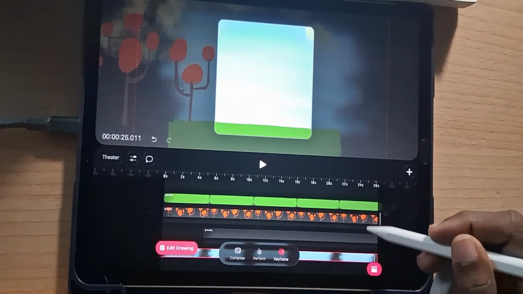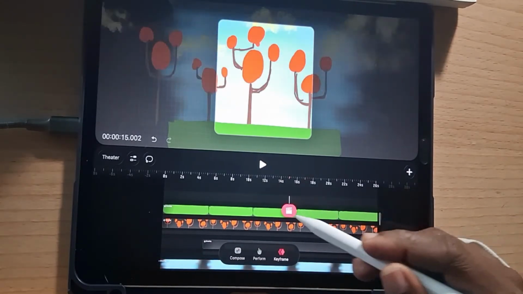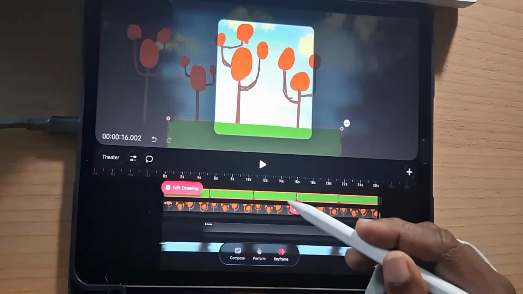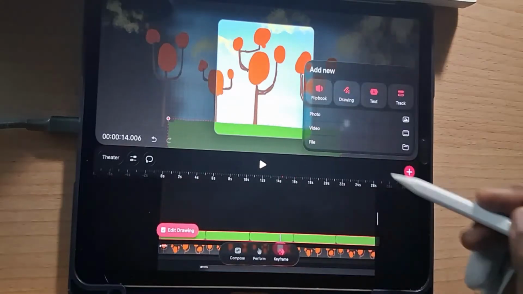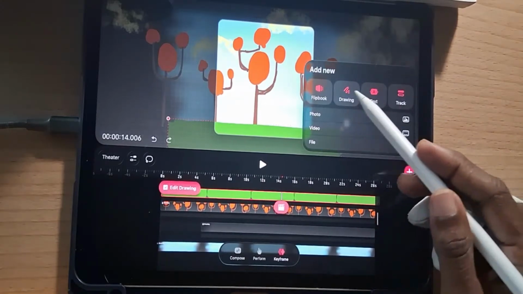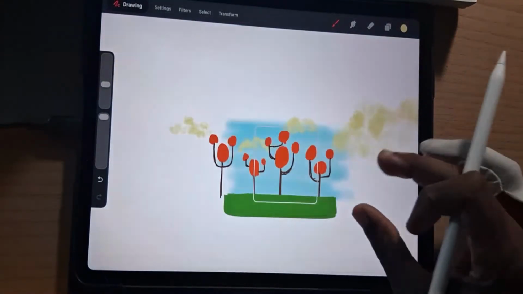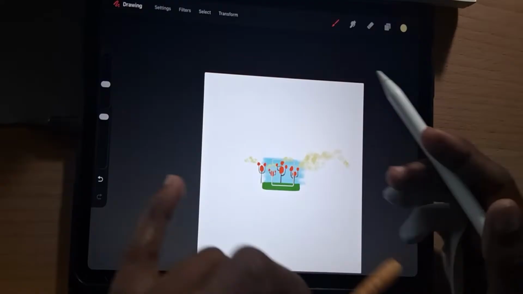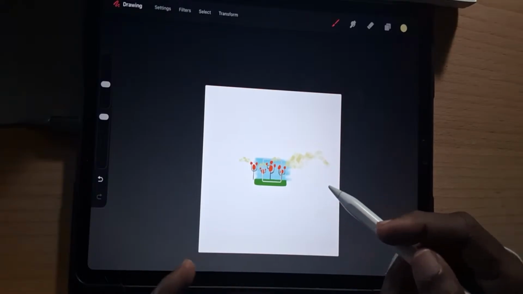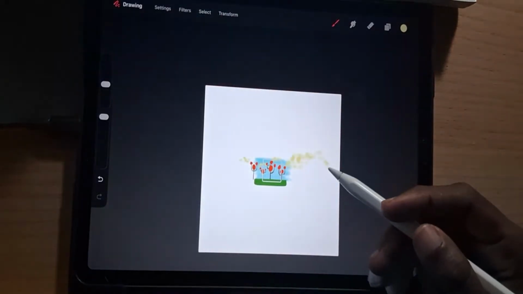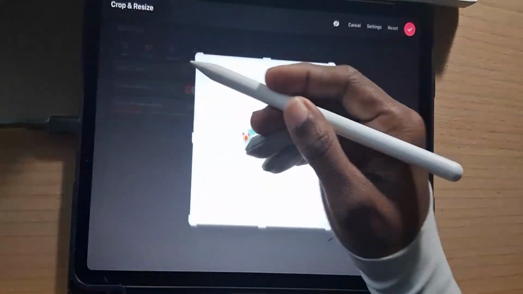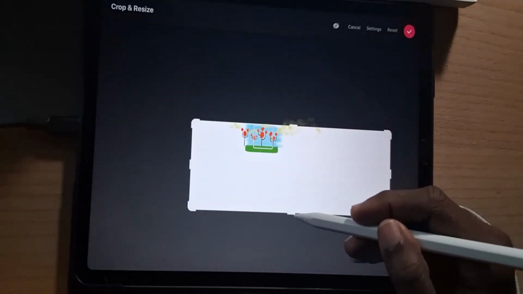if you are doing a drawing on a particular track, I don't know why this track is there. But if you're doing a drawing on a track, we'll not do add track, we'll do add drawing. This is the automatic active screen area, I don't know how it comes up with this, but if you need to change this and make it longer, you have to do it within that track. So you'd have to go to settings, canvas, shape and resize,